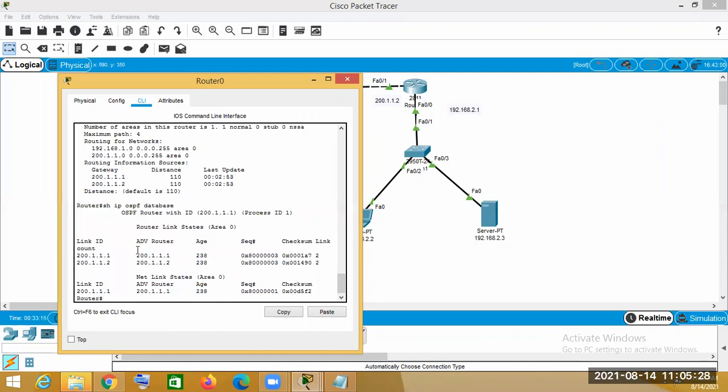The total database is showing the router link states, sequence number, checksum, link count. The total description is showing the net link states area 0. So this is the total description of the database. In this database, these entries are shown. So it is showing like this. Okay.